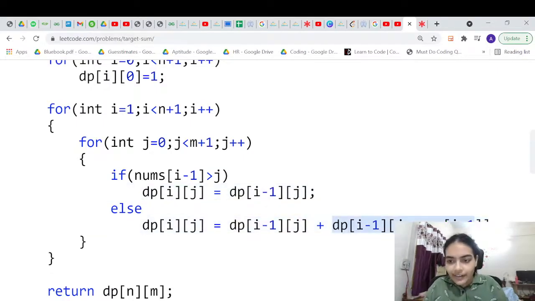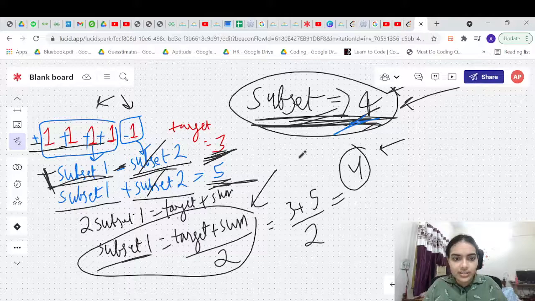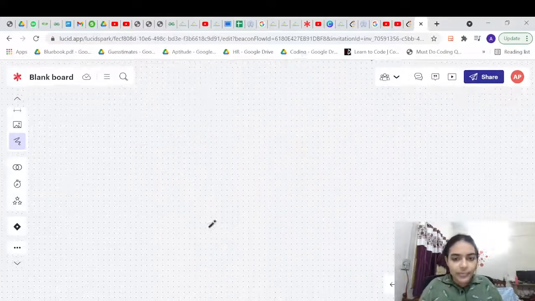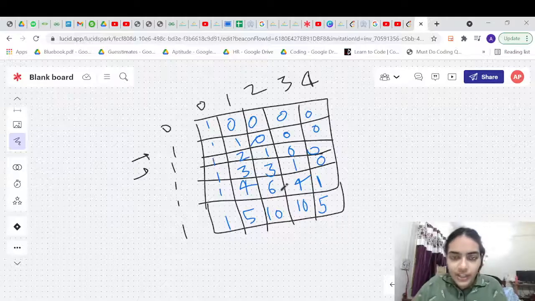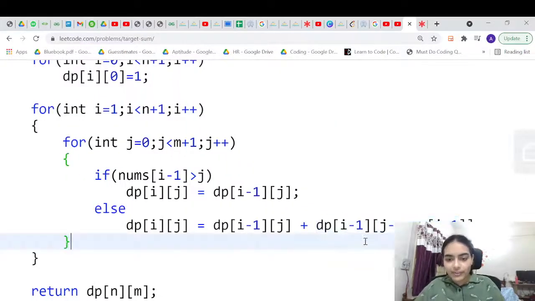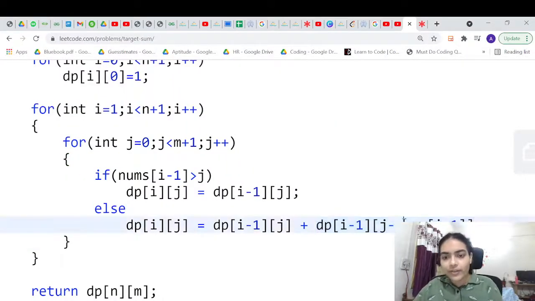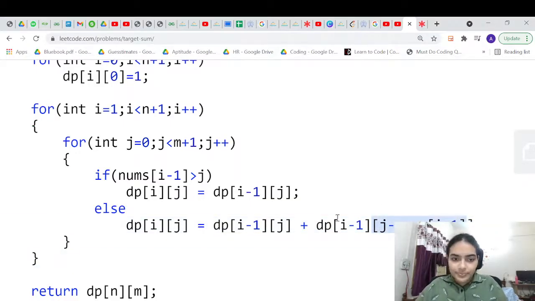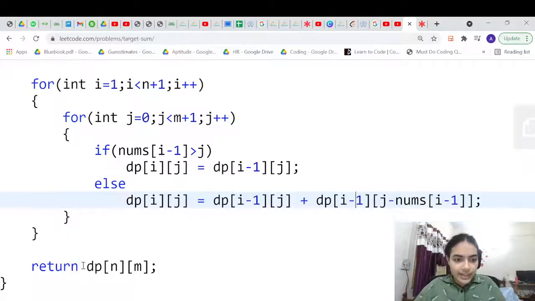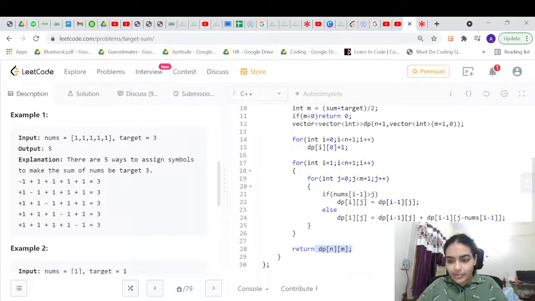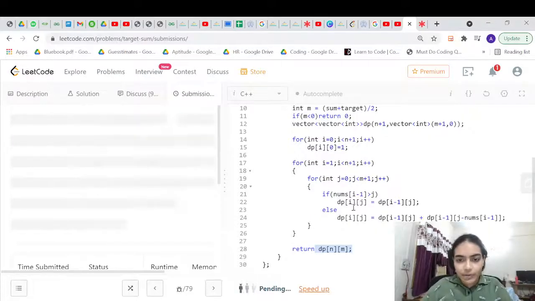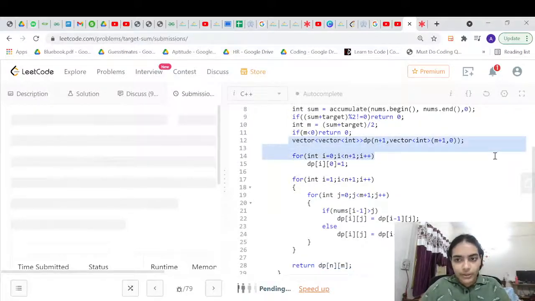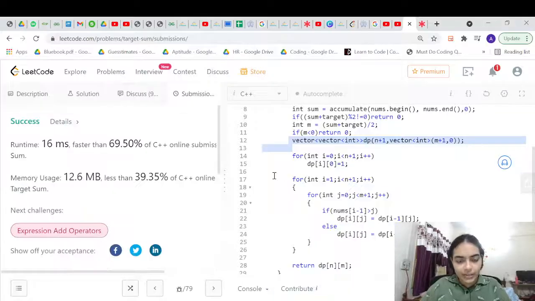This is the diagonal, and in our case we are just seeing the diagonal entry, because everything was just 1. So in our case we were lucky, but it's not the diagonal entry always. You will have to subtract j minus nums of i minus 1. You can try it with different test cases, and then you can finally return dp of n. You can also optimize this code to a 1D matrix, which will also be simple. Instead of a 2D matrix, you can shrink it and make it a 1D matrix.